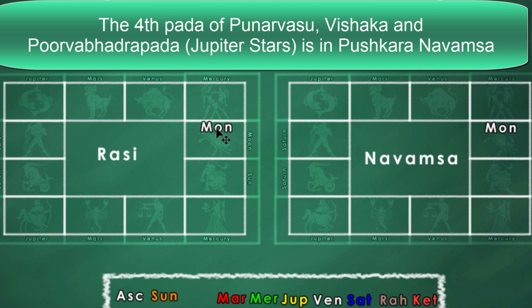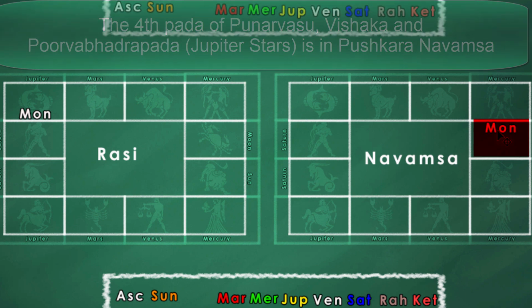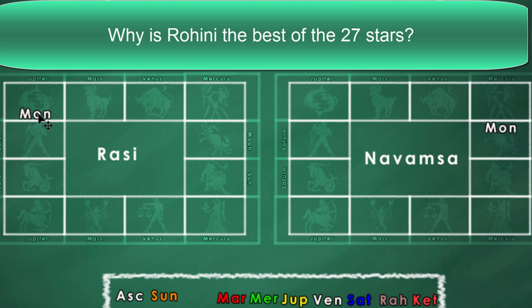And the trinal pada for Punarvasu 4th happens to be Vishakha, the 4th pada, in which case also you will find the moon in the same place in Navamsa, Karkataka, and this is a Pushkara Navamsa. Poorvabhadra, the 4th pada, also you will find the moon in the same place in Cancer, which is a Pushkara Navamsa. Sometime back in a video I mentioned that the best of stars is Rohini, and some of the viewers